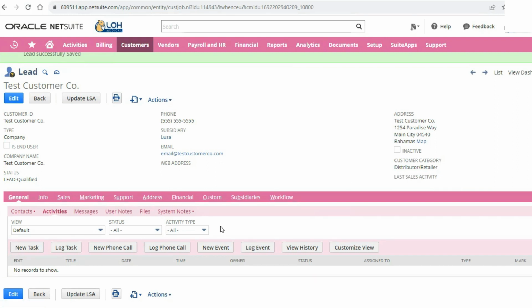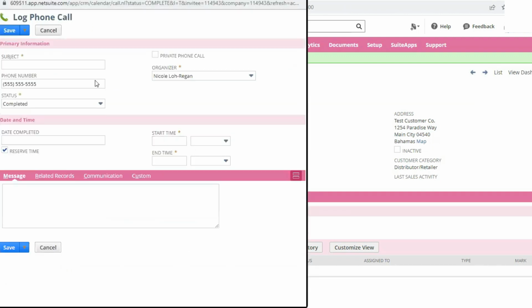And all managers have reports that monitor activities. So you can log phone calls or events, and you can also create new tasks right from this record. So let's go ahead and log a phone call so you can see what that looks like.